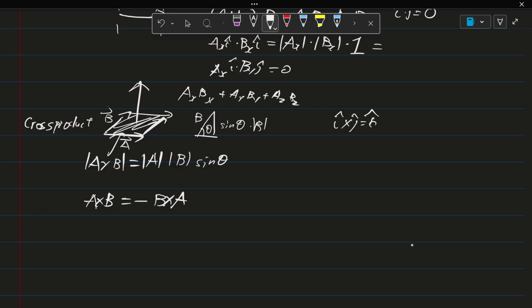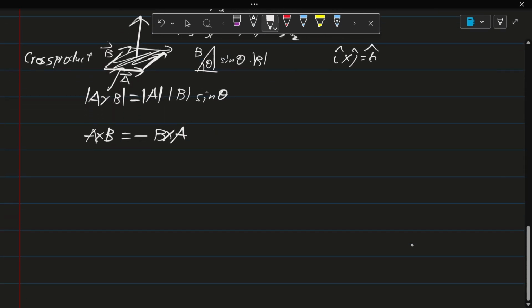So this is why A cross B is not the same as B cross A, but it's the negative. Another thing is that a cross product is also distributive, meaning that you could do the same thing as before. So if we have A cross B, with Ax i hat plus Ay j hat plus Az k hat, and then you take the cross product with